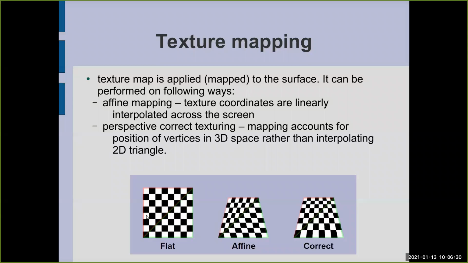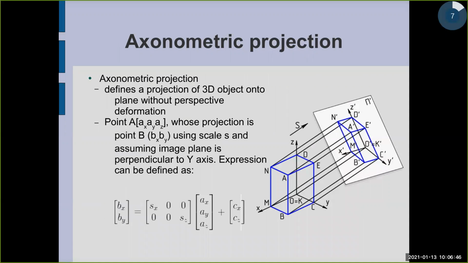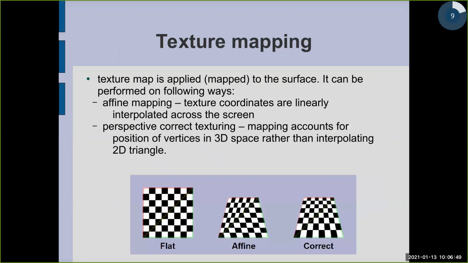And we want to put the texture on it. But even this object is square when we perform, for example, perspective transformation or even axonometric transformation, and the camera